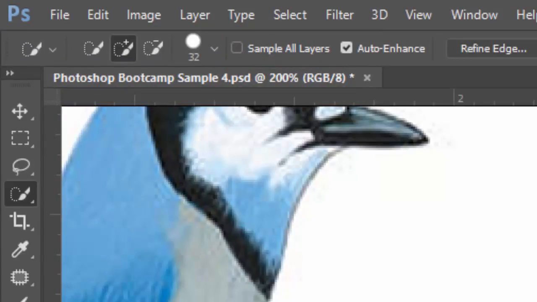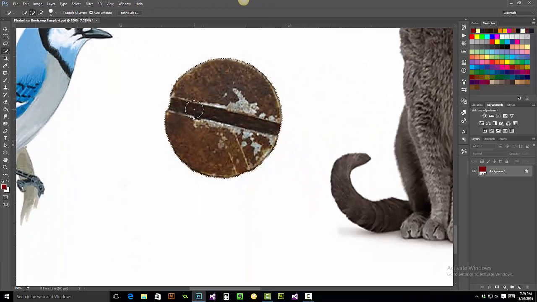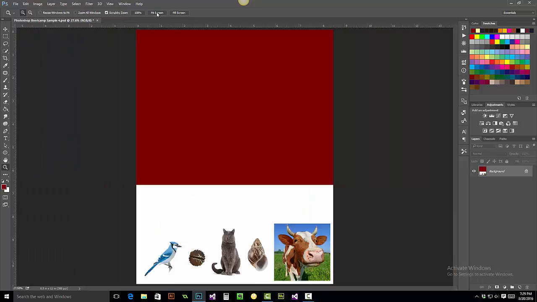What's kind of nice about this particular selection tool is that it finds the edges automatically, and you would use this particular tool if you had really strong contrast with your background and your image. And once you've done the selection, you can move your selection simply by going up to the toolbar and clicking on the Move tool,